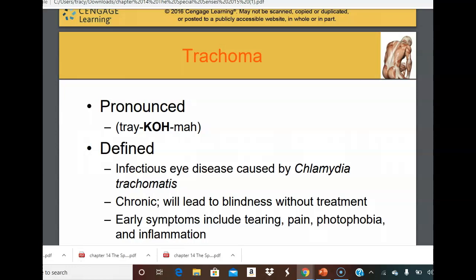And so if this isn't treated, then it can lead to blindness. And this is the most common cause of blindness worldwide. We don't see it here in the United States because we automatically give every newborn eye drops for both chlamydia and gonorrhea in order to prevent this. Okay, so these are early symptoms that are listed here, but worldwide this is the most common form of blindness